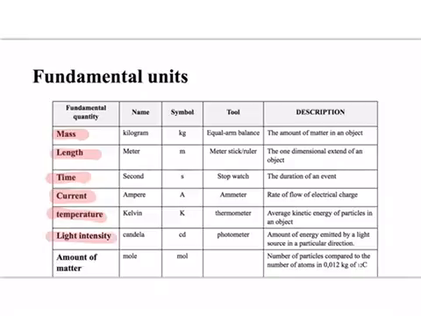The sixth one is light intensity. The unit is candela. The symbol is cd. We use a photometer to measure light intensity, and it's the amount of energy emitted by a light source in a